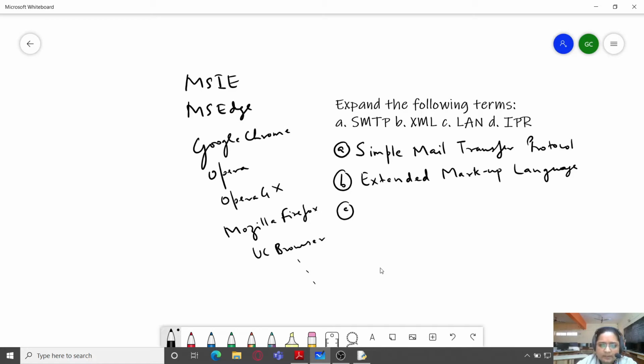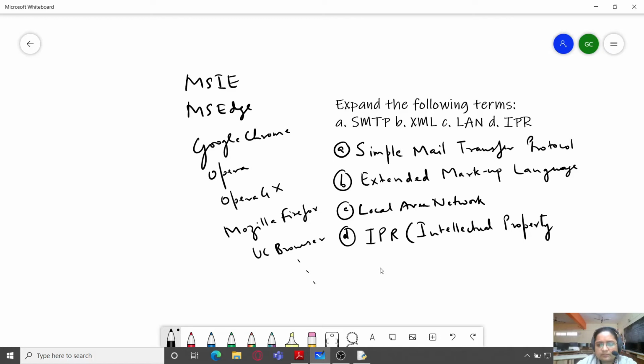Next is LAN, Local Area Network. Then we have IPR, which stands for Intellectual Property Rights.